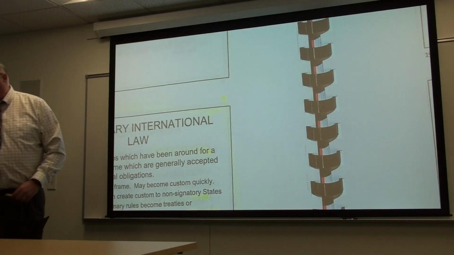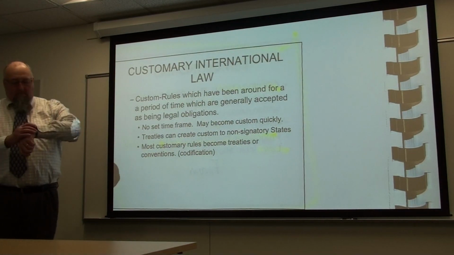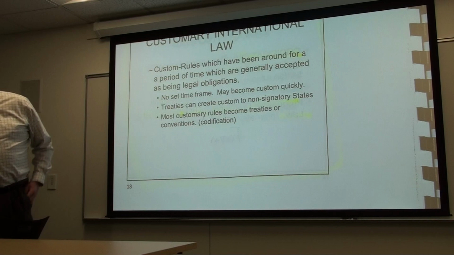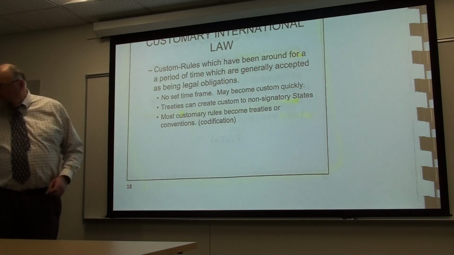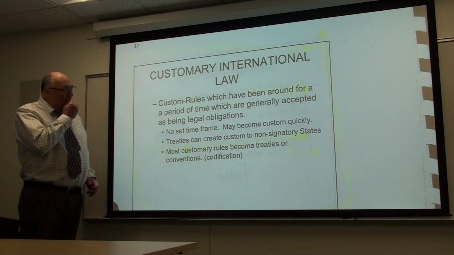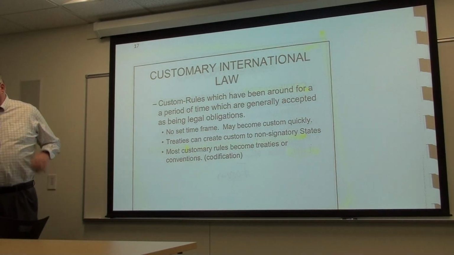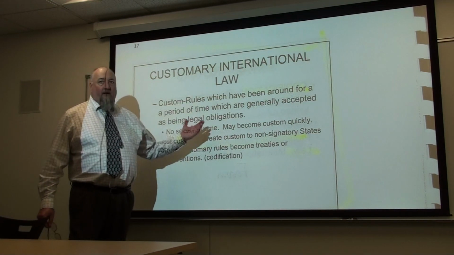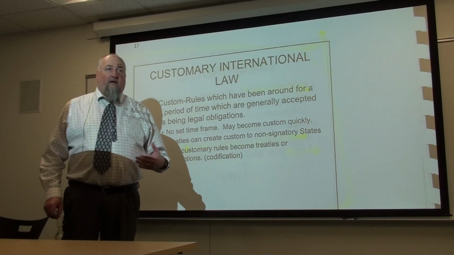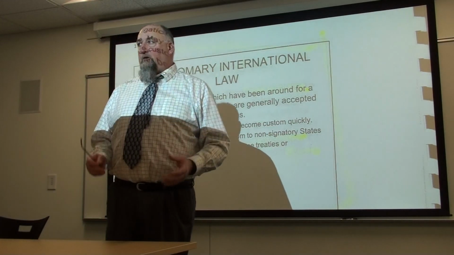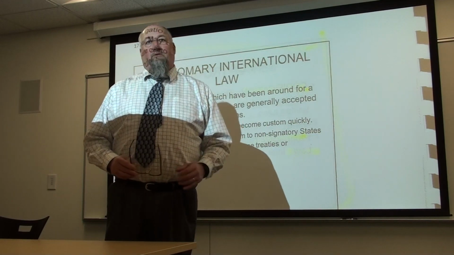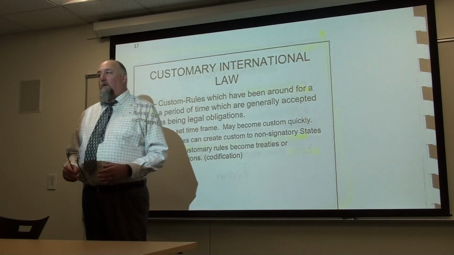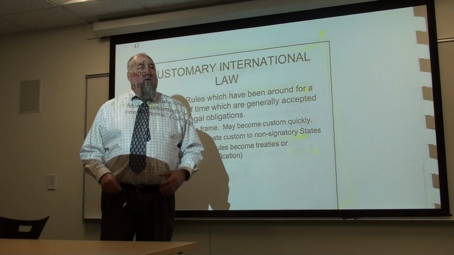All right, so let's move on and talk about some customary international law, which is, again, number 2 on the ICJ, Article 38, as a source of law. So when we say custom, typically speaking, when we refer to customary international law, we are talking about rules that have been established through activity, actions of governments or people that essentially have created a norm as a matter of fact, a way of behaving,